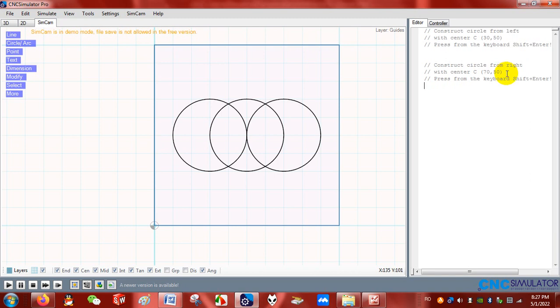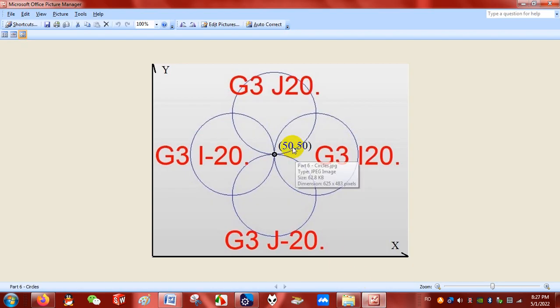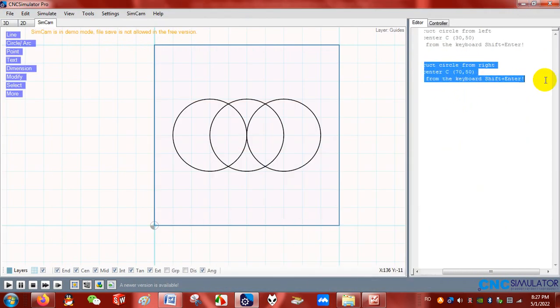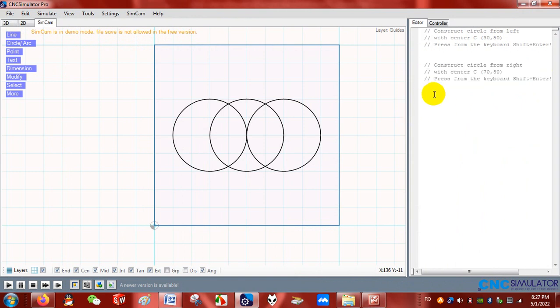Alright, we construct now the circle from the top. And you need to observe that this circle has the center at 50 and on Y it's at 70. No? So I just copied it and we do a similar approach here. Construct the circle from the top, the up circle,